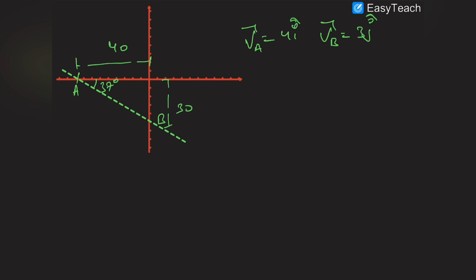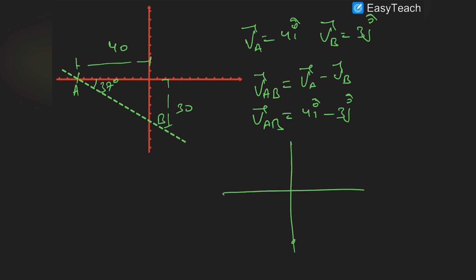So first of all, we have to write down VAB. We have to assume anyone as observer. In this scenario, I have assumed that B is observer and A is object. So B is observing A, so B is at rest. So VAB would be VA minus VB, so VAB will be equal to 4 i cap minus 3 j cap. Now we have assumed that B is at rest, and if B is at rest, then